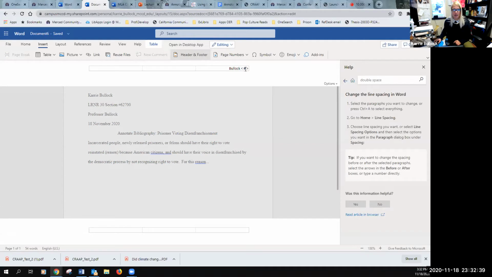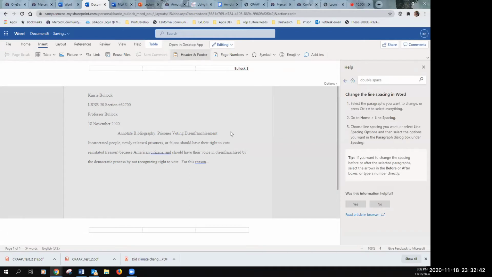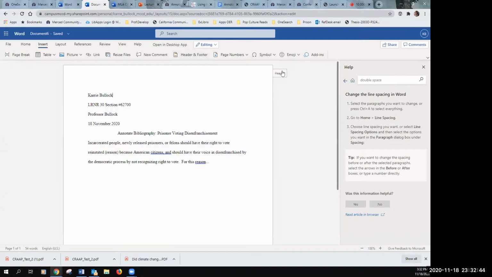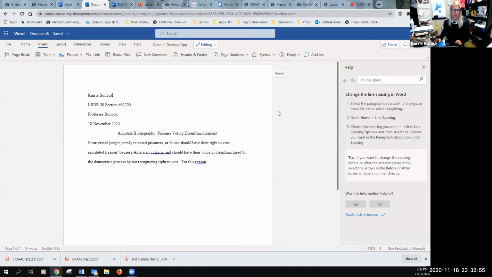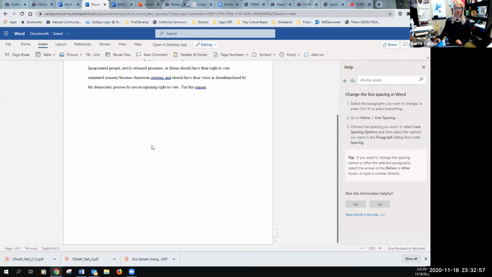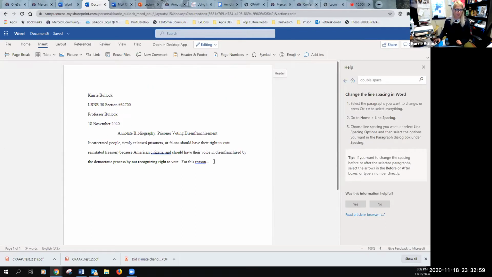I feel like it should be showing. And same across the entire document. All right. Okay, so let's go ahead and keep moving. So here I've got my research statement. Incarcerated people, newly released prisoners, or felons should have the right to vote reinstated because